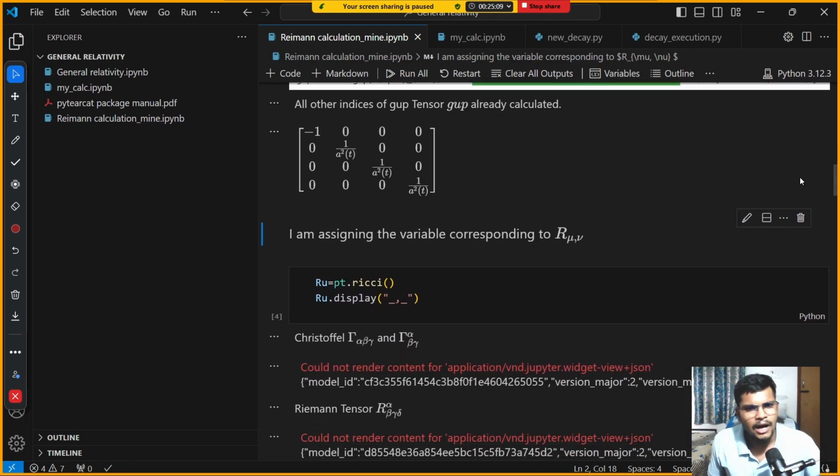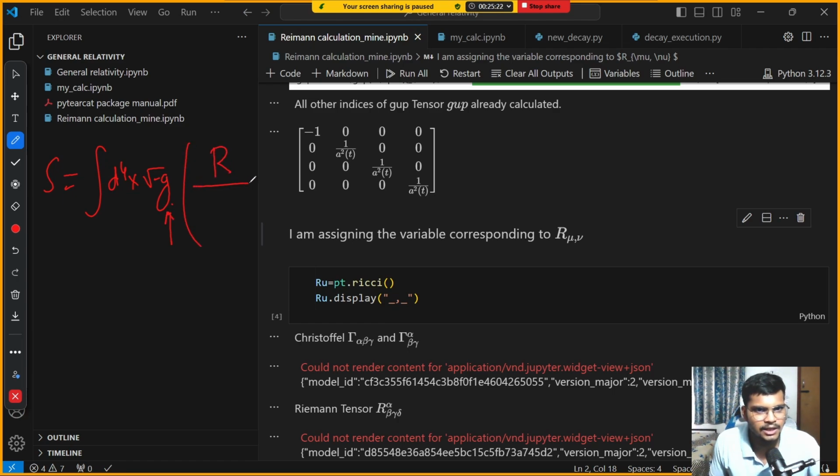So there is another object associated with Einstein's gravity. If you have an action, you can just write over here d^4x minus the square root of g, where g is the determinant of g mu nu. Over here there is a Ricci scalar and there is some kind of constant. This is the Einstein-Hilbert action, right? So R is your Ricci scalar, which is basically made like this, g^{mu nu} R_{mu nu}. All right, and sorry, R is the Ricci scalar and this is the Ricci tensor,